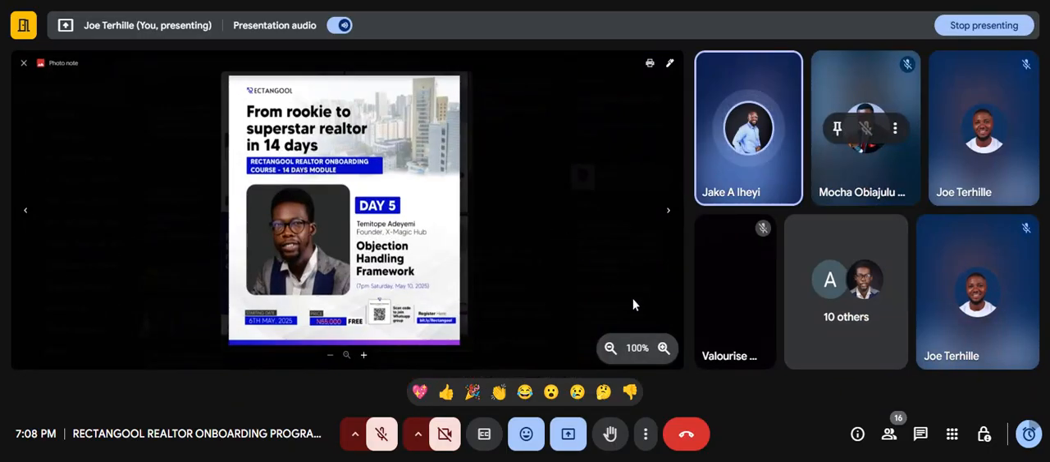Today is day 5 of the Rookie to Superstar Realtors Challenge, the training that we'll be having for the next 14 days. We'll be having it within 14 days, and today is day 5. And today we are going to be having our one and only